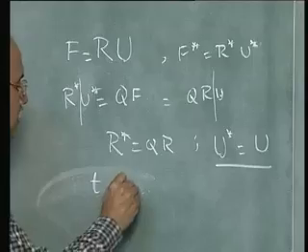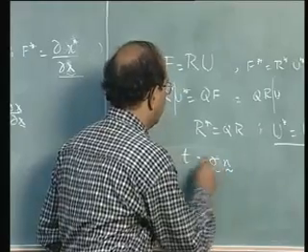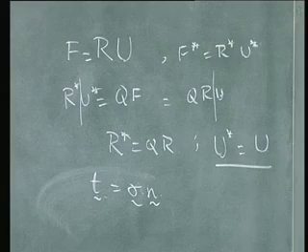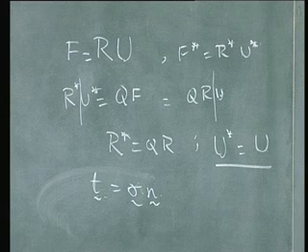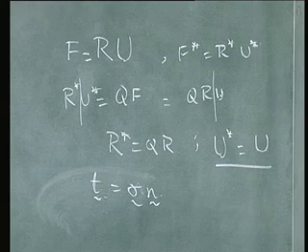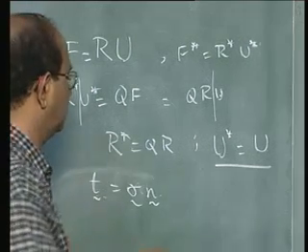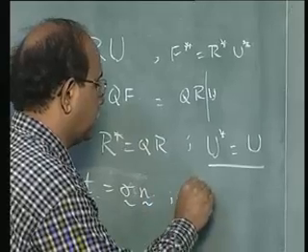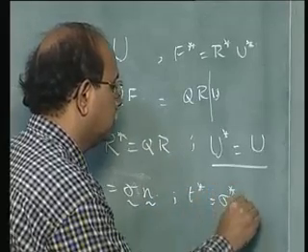T is equal to sigma n. Of course, sigma transpose equal to sigma is what I take. So T is equal to sigma n. Let us see how we work out for sigma. Note that, in other words, you can write T star is equal to sigma star